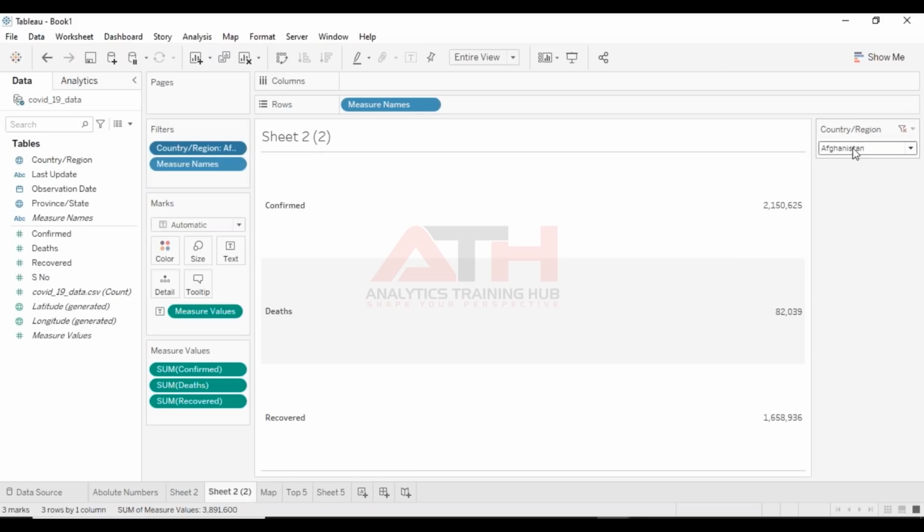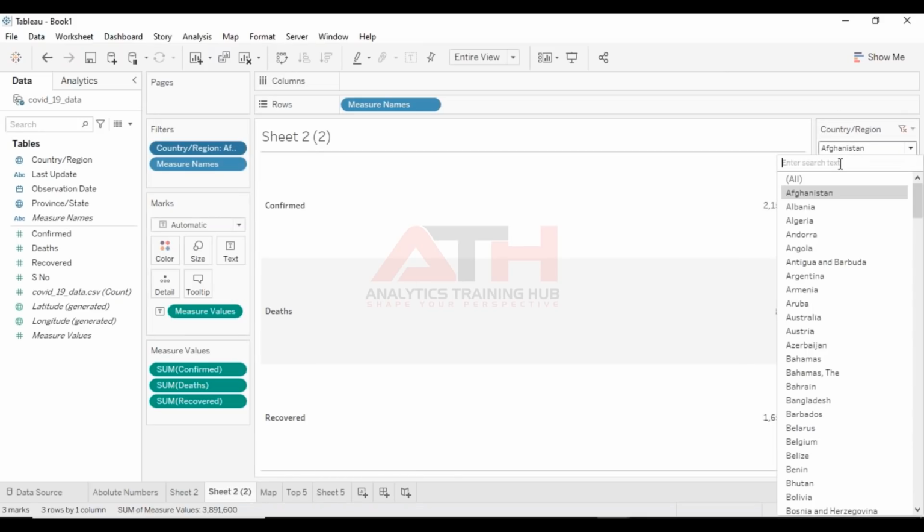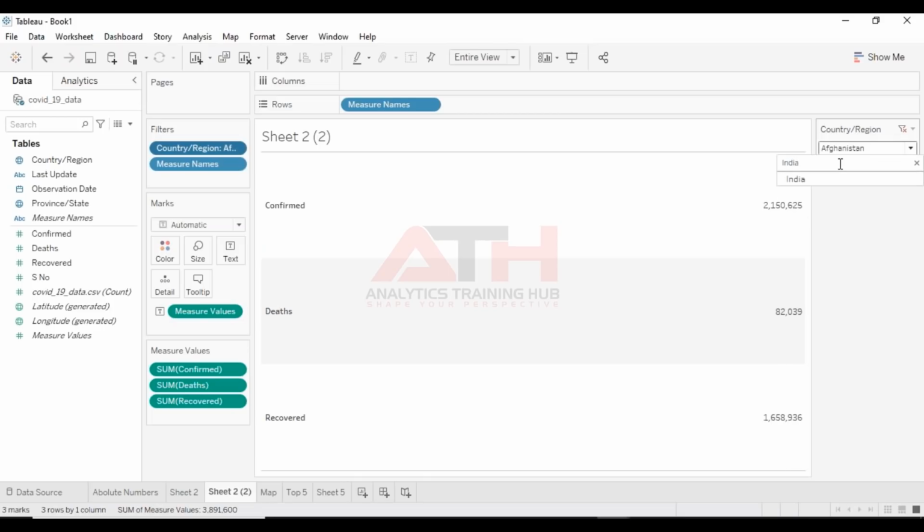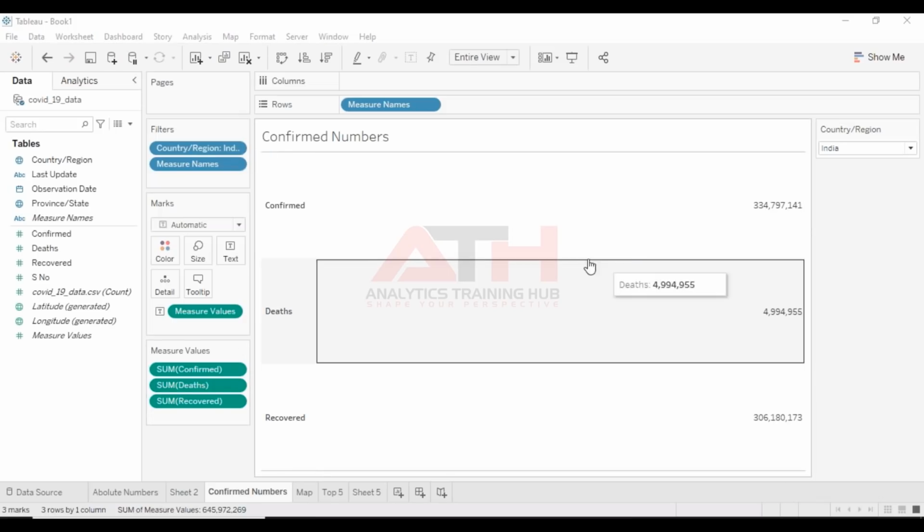So we have the number for Afghanistan, but again we need it for India. So we have numbers for India now. These are my confirmed numbers that we have.